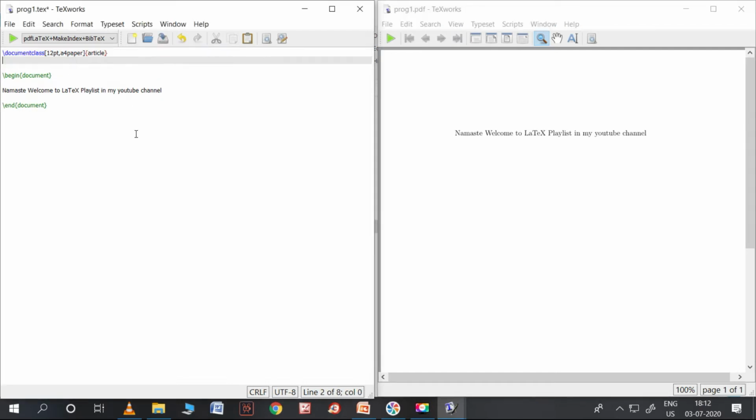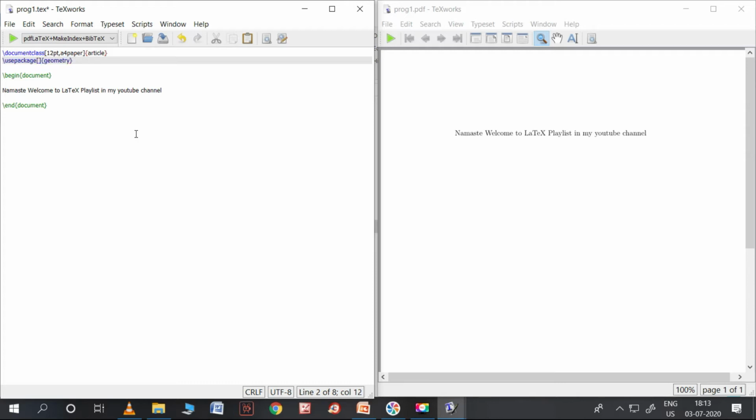Now let me use a package called geometry so that I can align them in a proper manner. So let me use this package. Use package, as you know, geometry is compulsory, and I want to use it for an optional thing.